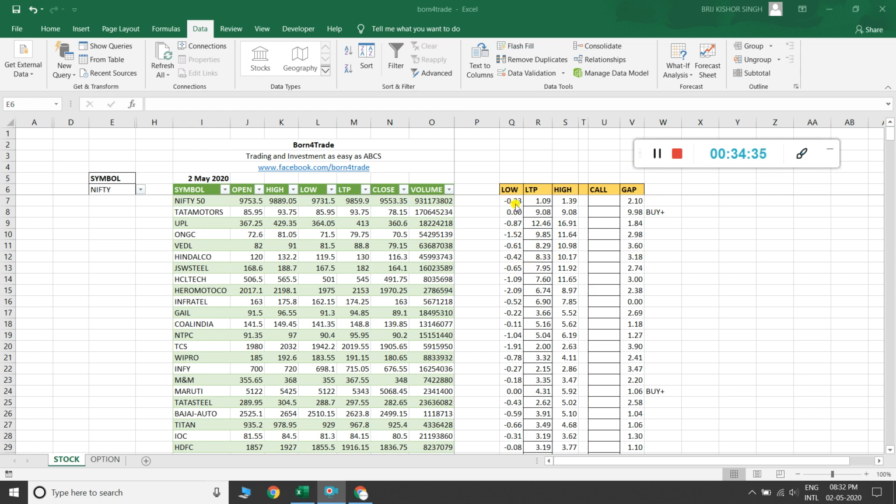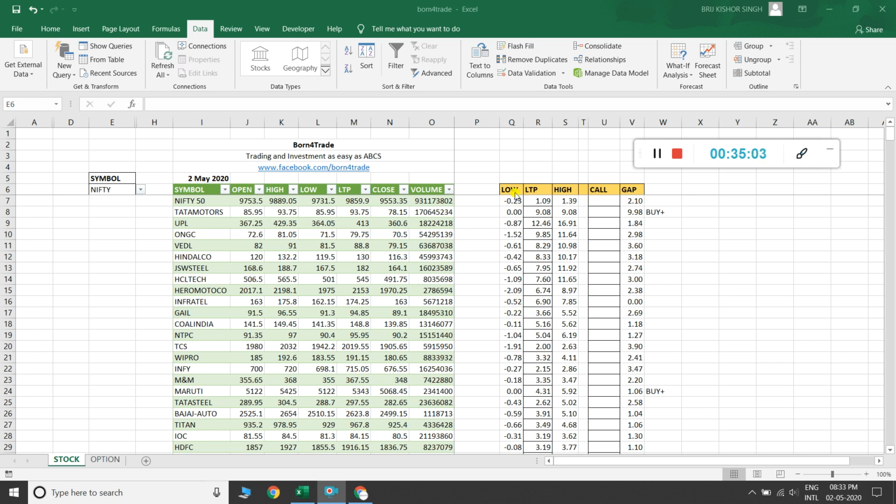You can see here minus 0.23%. Another one here you can see 0.22%, that is below 0.4%. If it is in the range of 0.4%, you can understand what I'm trying to say.